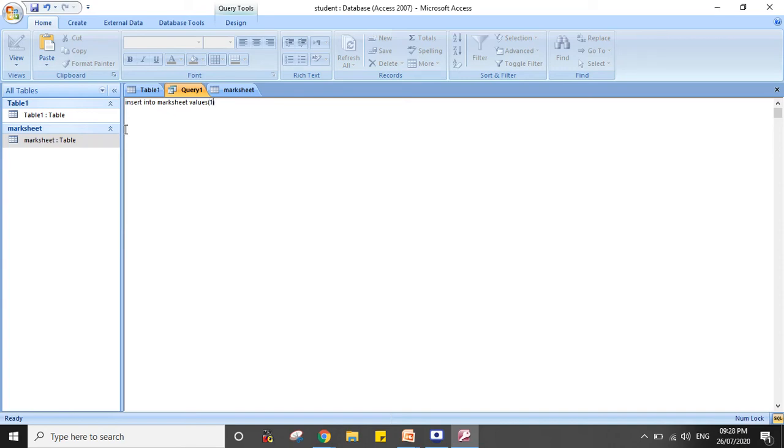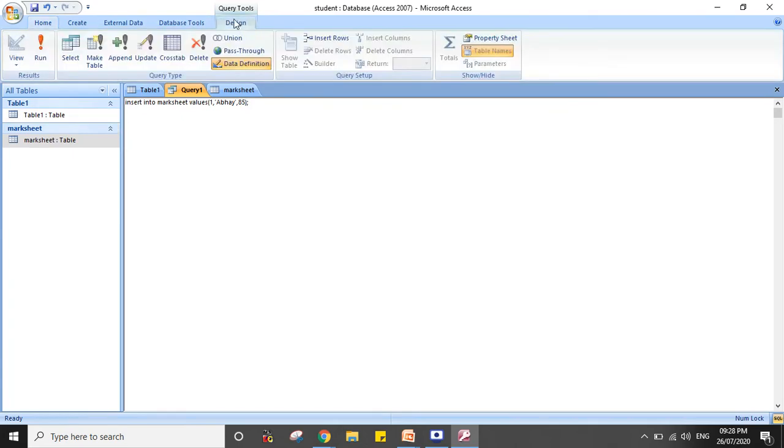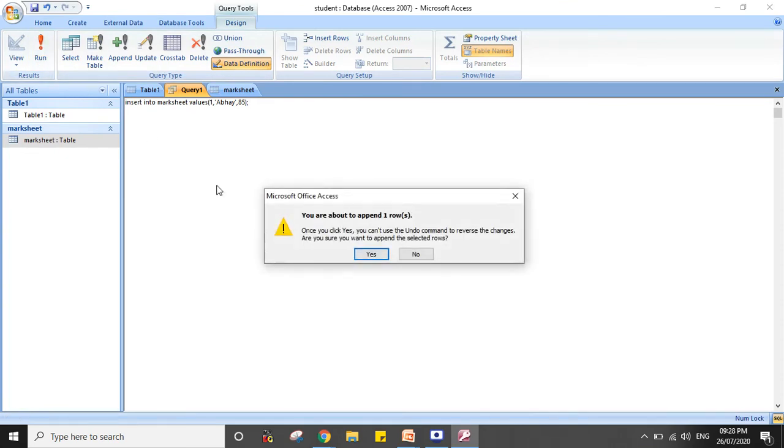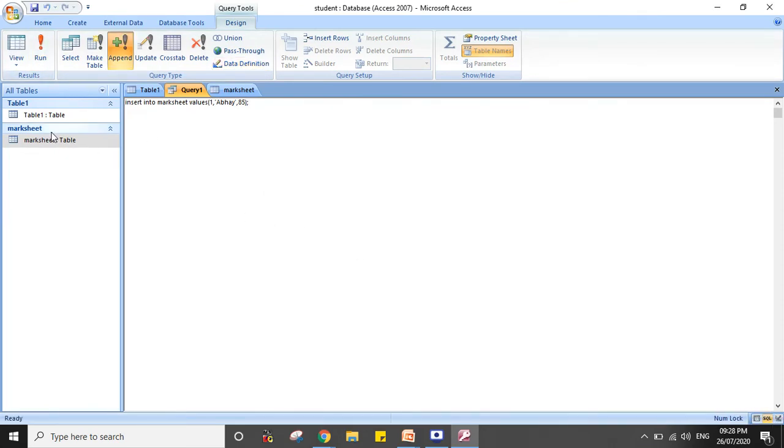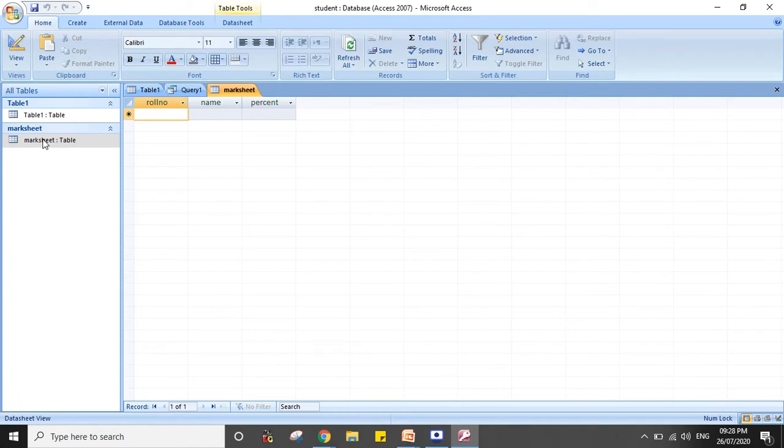So suppose I have taken roll number 1, comma name is Abhay and percentage is suppose 85. Let's terminate it, and when I will run this query, now see, right now no data has come. When I will refresh it, see, first record is inserted, roll number 1, name is Abhay and percentage 85.